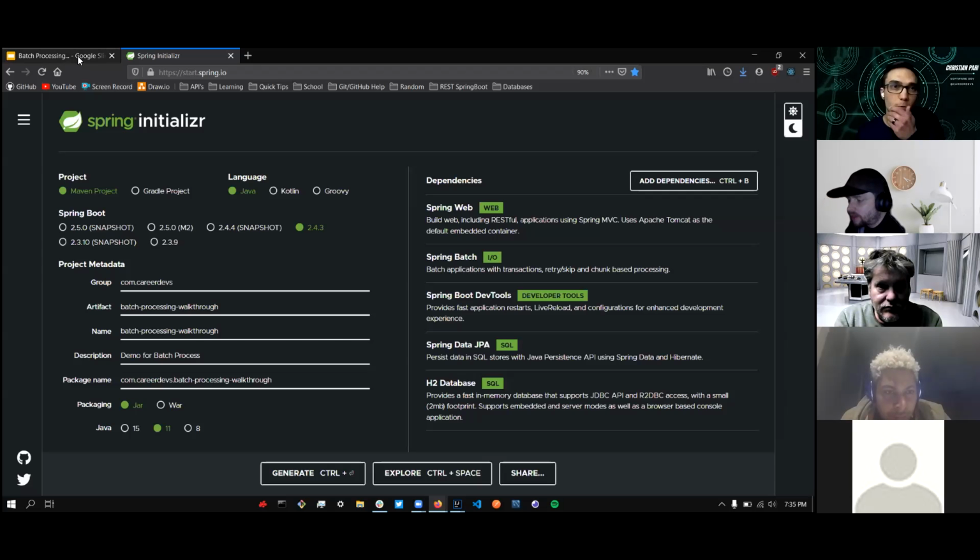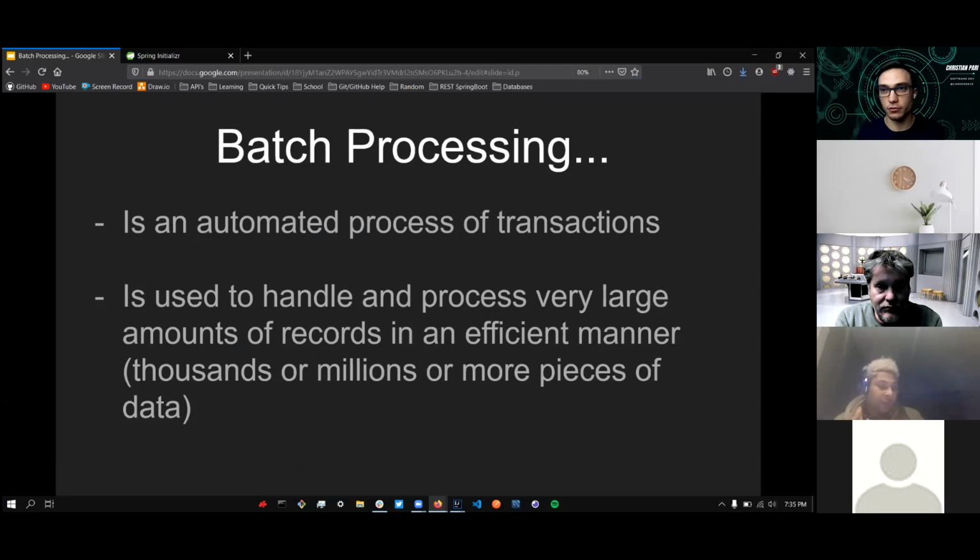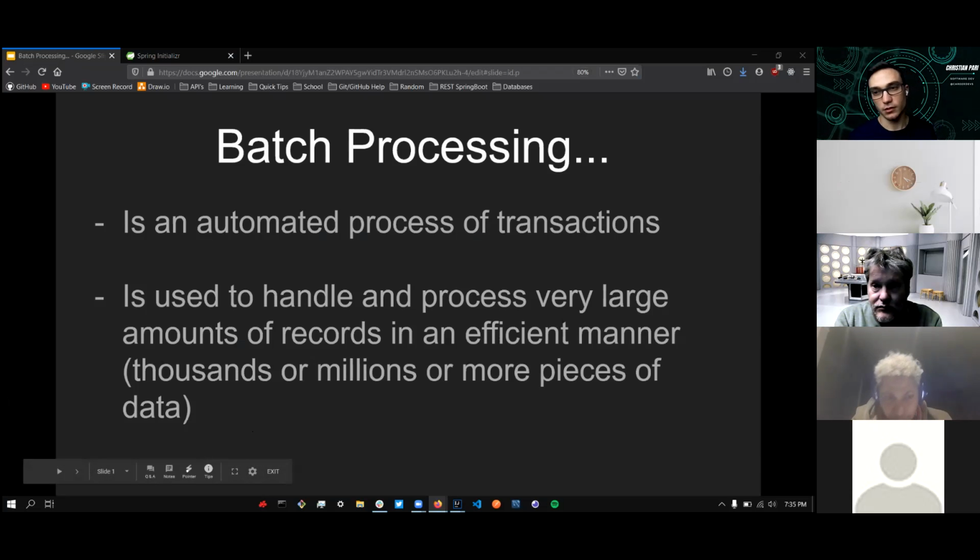All right. Now recording. Real quick before we even jump into creating the project, I just want to do a quick little overview on batch processing. This is quick. This is only 5 slides. This is just a little piece of information about a few things of batch processing that I thought would be